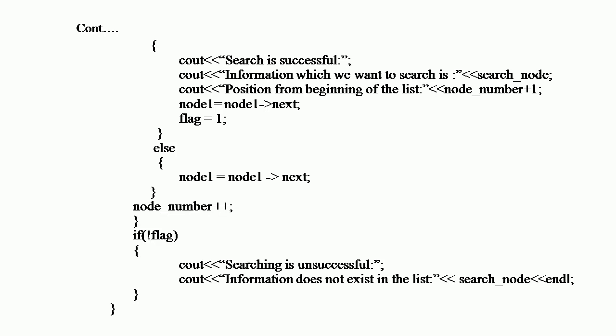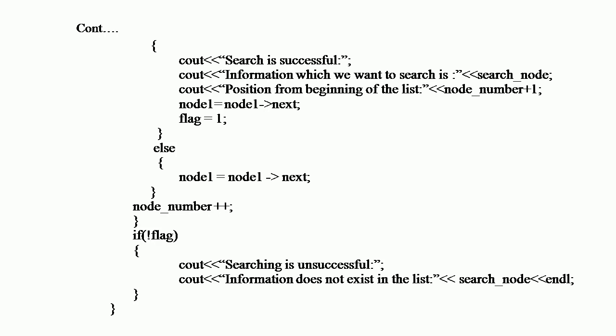Okay, curly braces started: cout << "Search is successful"; ended with a semicolon. cout << "Information which we want to search is" << search_node; cout << "Position from beginning of the list" << node_number + 1; node1 = node1->next; flag = 1;